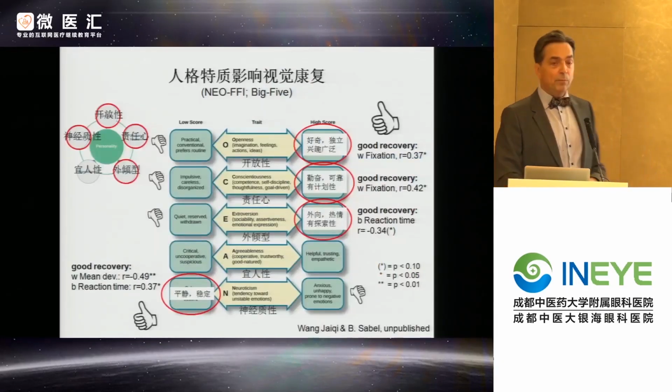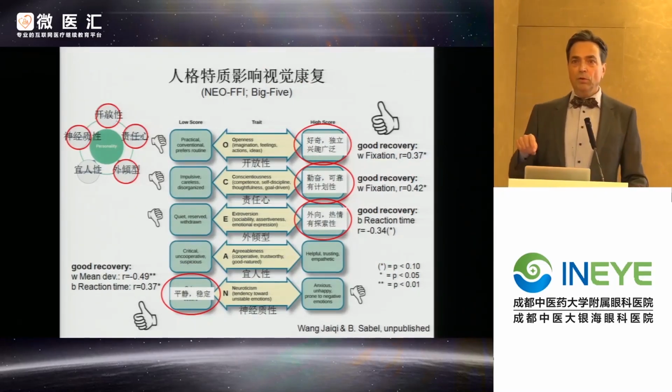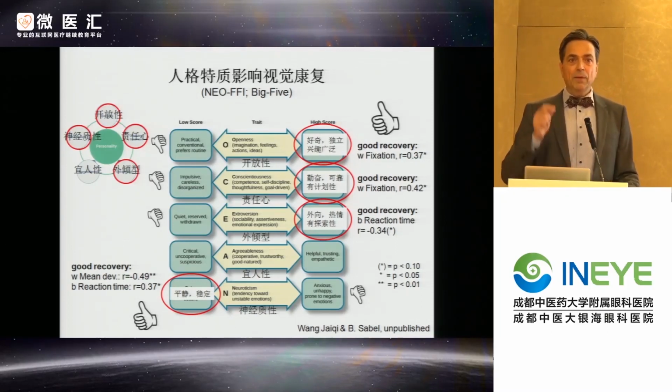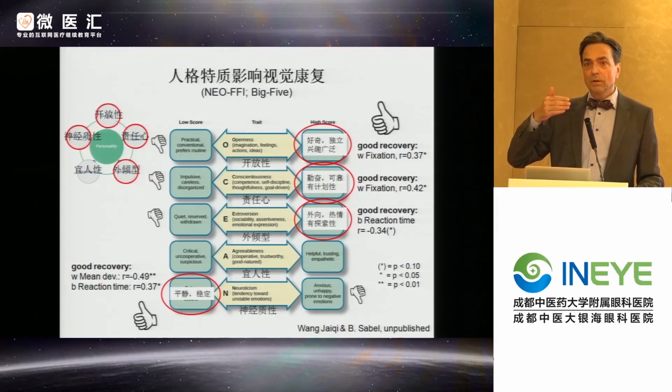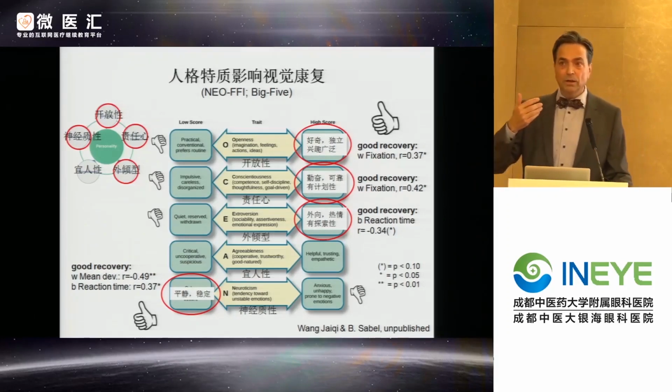So what does it depend on? I don't have much time, but I can tell you already that one of the most important factors we recently discovered is the patient's personality. Patients that are anxious, patients that are nervous, patients that have a high neurotic score, they benefit the most. Why? Because they have a vascular problem of this vascular supply to the eye and vascular supply to the brain.